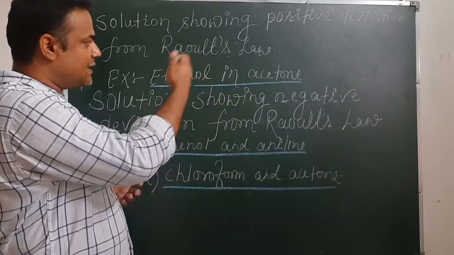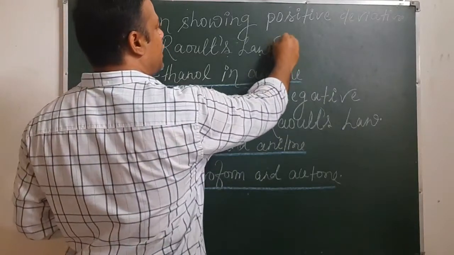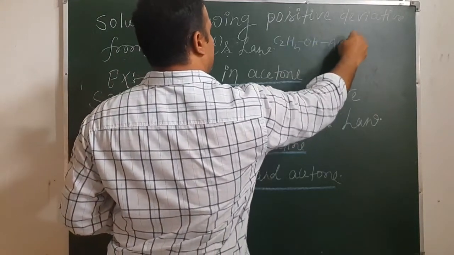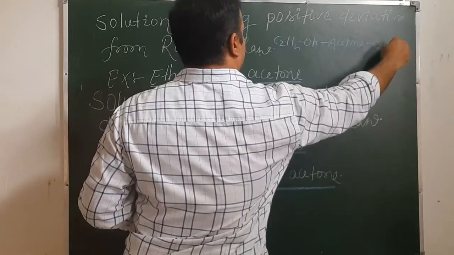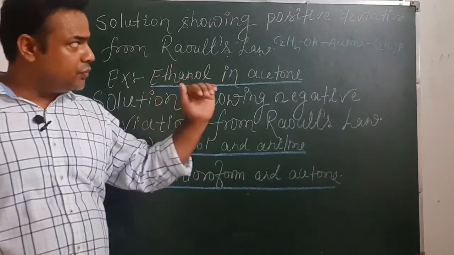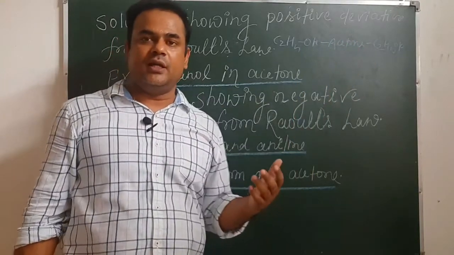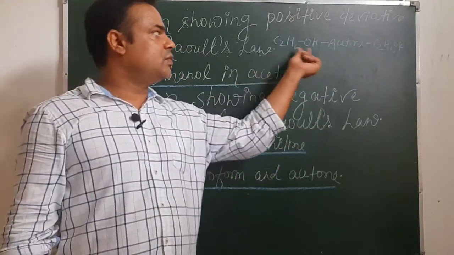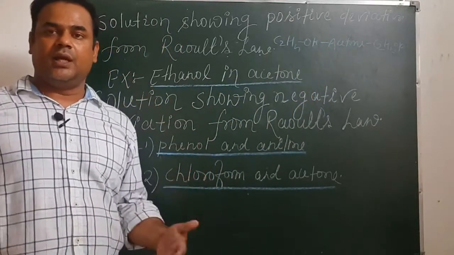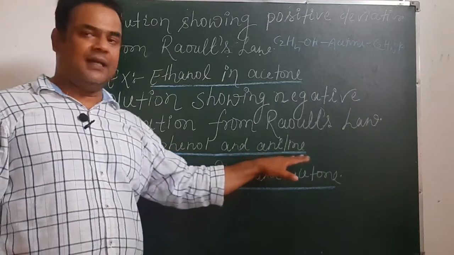But when we add acetone in ethanol, in that case the molecules of acetone come in between the ethanol molecules. This, then acetone, and then ethanol. These acetone molecules come in between the ethanol molecules. This reduces hydrogen bonding between the molecules of ethanol, and this reduction in hydrogen bonding decreases interaction between solute and solvent, and when interaction decreases, more molecules will go in vapor form easily, and so its vapor pressure will rise. Another example is phenol and aniline.